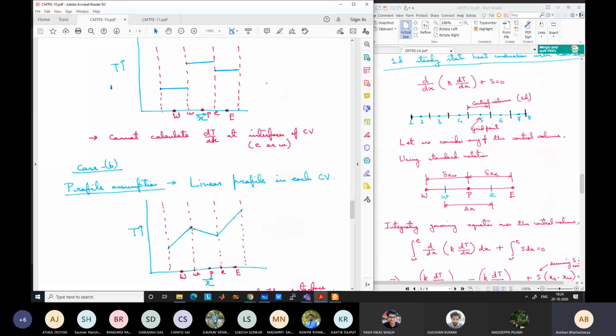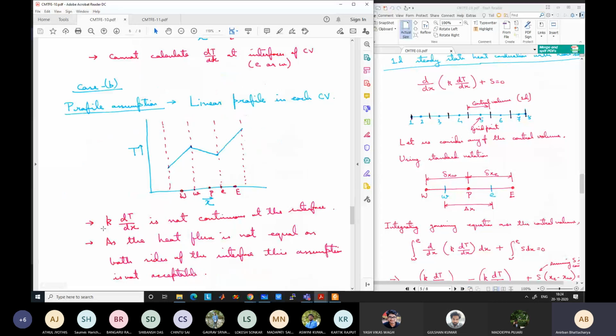And again the same problem is there: if the conductivity is the same on both control volumes, k dT/dx is different, which cannot be true in a physical situation, because heat flux from one boundary has to go to the other boundary, meaning it has to go to the other control volume. So there are no separate heat flux values for two control volumes. This is a very important point. Sometimes you get confused